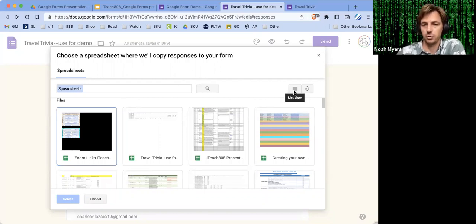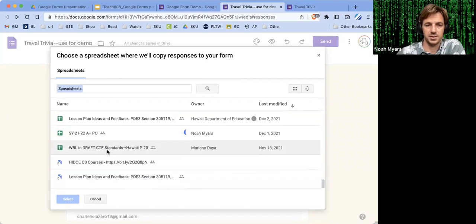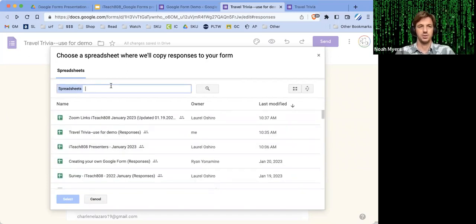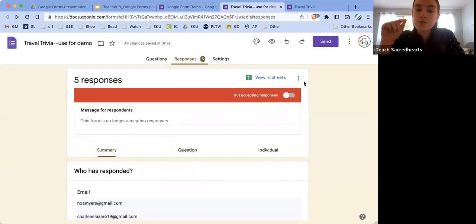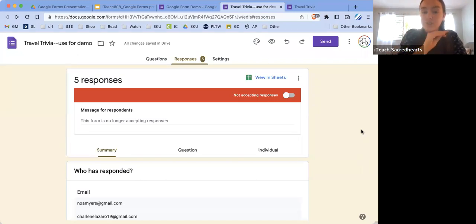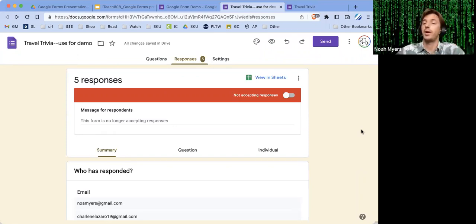I also like looking at Google Drive in List View because it just is a lot easier. This one is called Travel Trivia. And see, it's already on the top, and I'm already linked to it, so I don't have to worry about it, but that's how you do it. Okay. So say you're at the beginning of the year and you're trying to get information from parents, like their email, whether or not they want to be a chaperone, those kinds of things. You can send all of that information from a Google form that they fill out and send it to a sheet that you've already made. Yeah, you don't have to do that though,